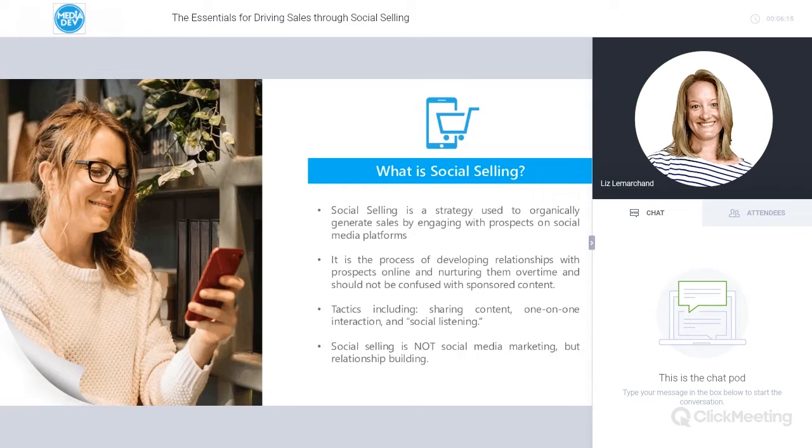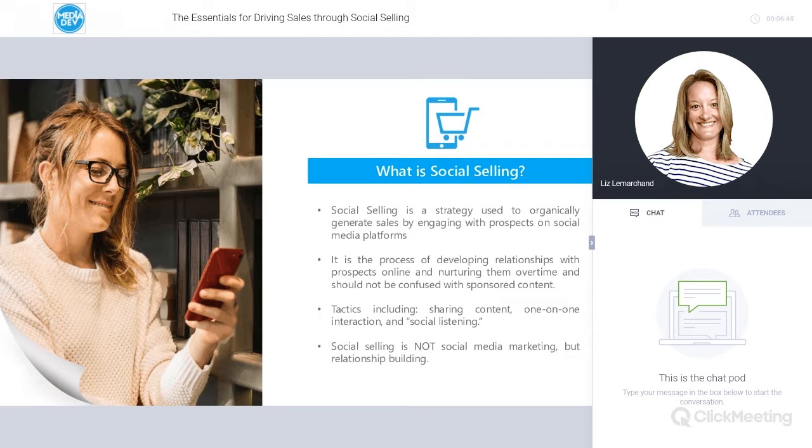As part of any social selling strategy comes what we call social listening, which is a very big part of the equation. As with any relationship, if you're the one doing all the talking, the person you're speaking to is going to lose interest and walk away. So social selling is going to help you as a software vendor to better understand the needs of your target audience, what's important to them and why, how people react to your brand, and it should give you insights as to how you can position your product accordingly.